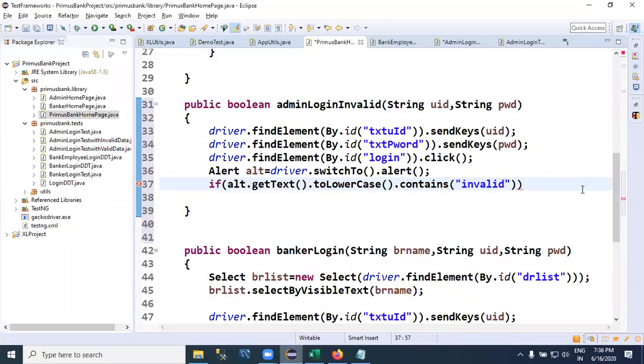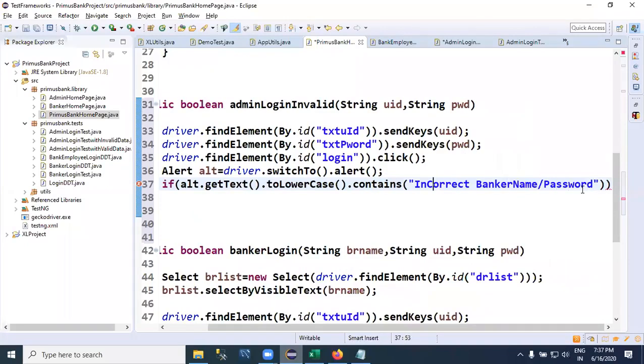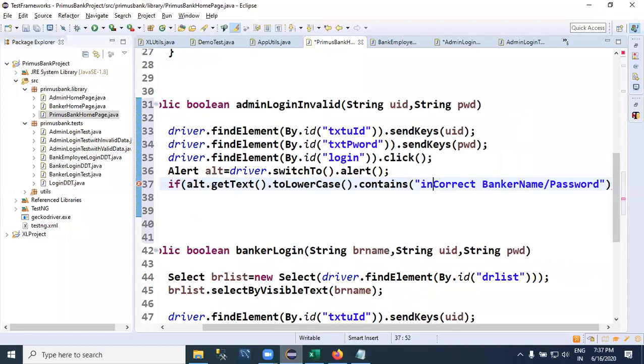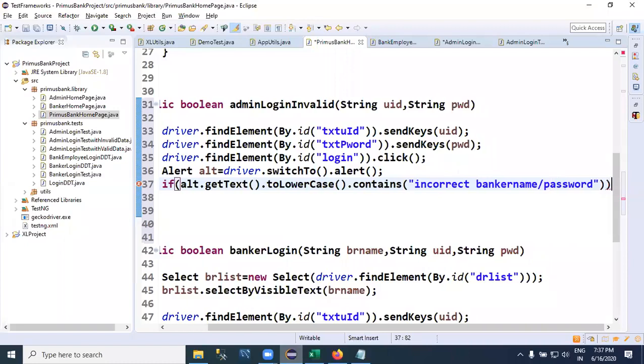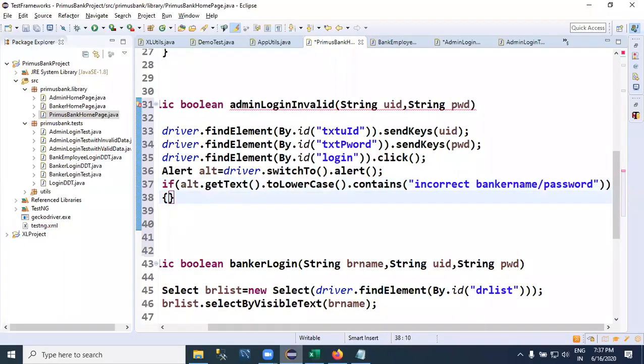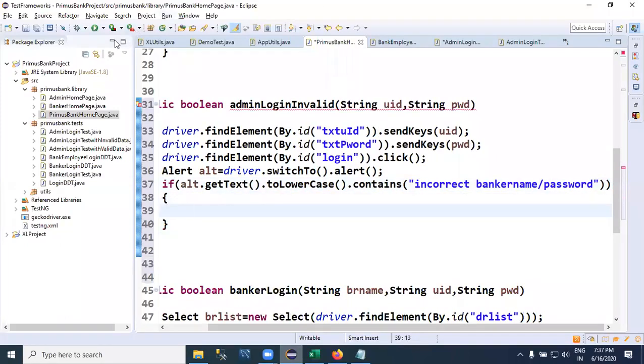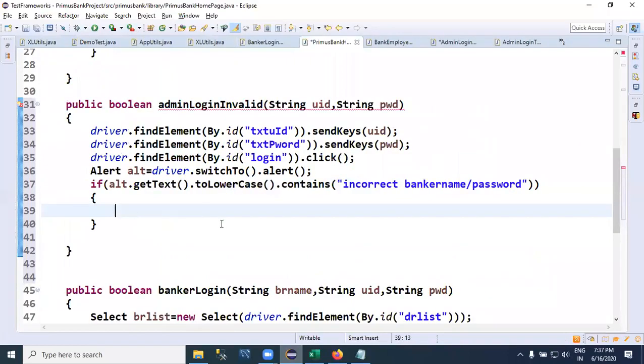As I'm converting completely to lowercase, I'll give it in lowercase: incorrect banker name or password. If these conditions are satisfied, return true,